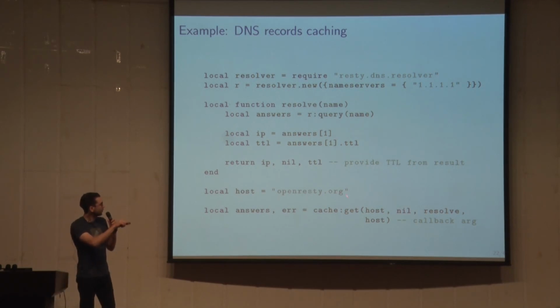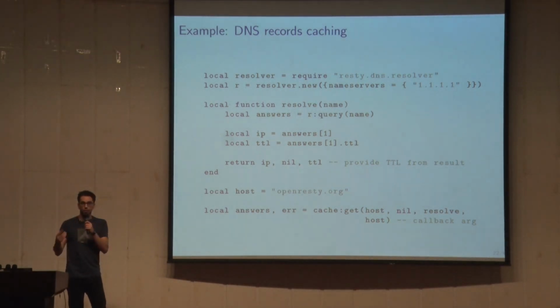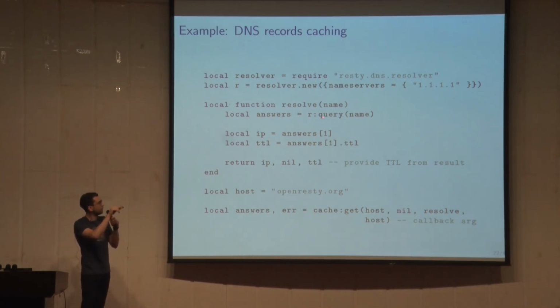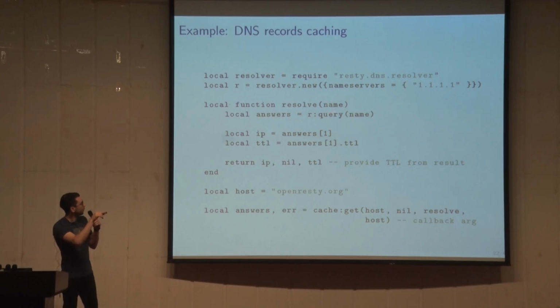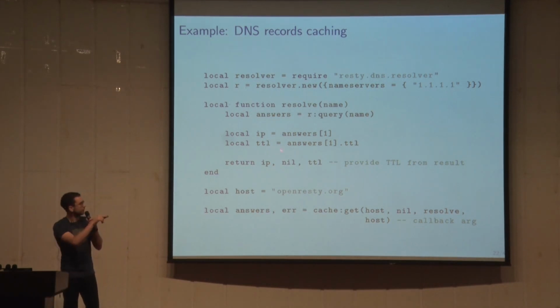The host name will be my cache key. And then the resolve function will be my callback, and the callback argument will just be the host name as well. Whenever I invoke mlcache, if the record is not cached in memory already, then we invoke the query method from the resolver. And the query method returns the DNS record, right? The DNS record has a bunch of answers, so you select whichever answer you want, so here, one. And eventually, we return the IP, no error,